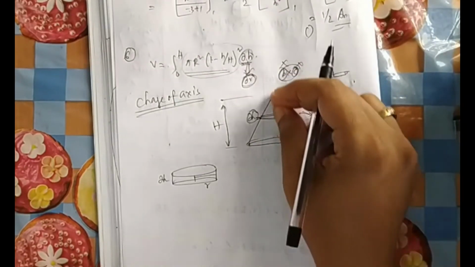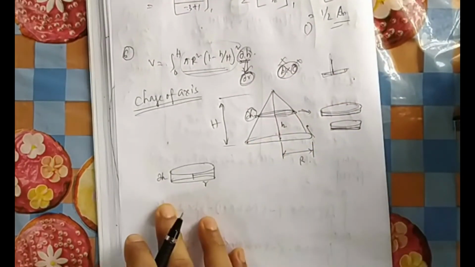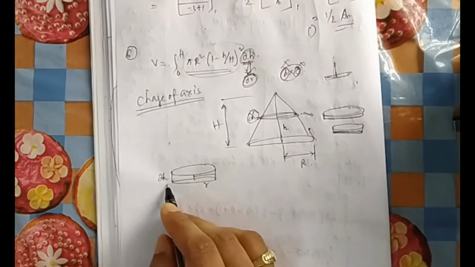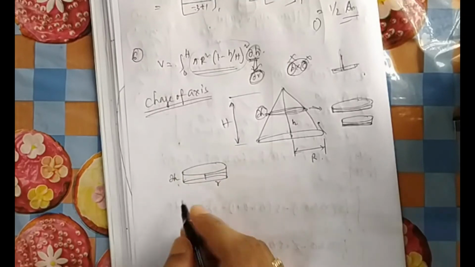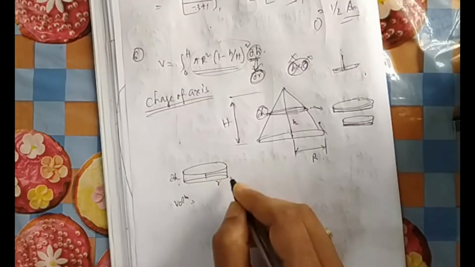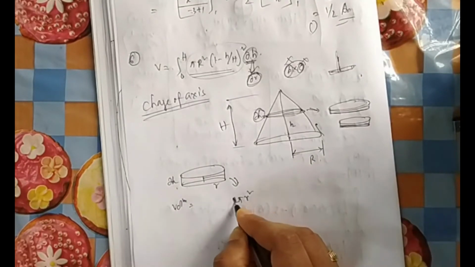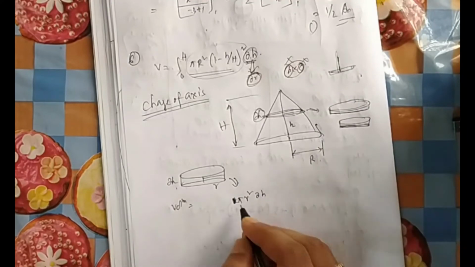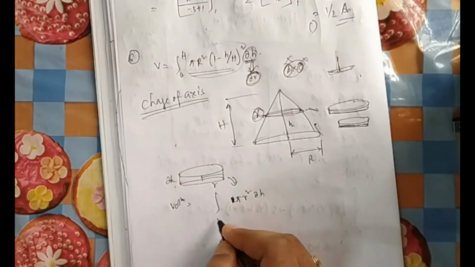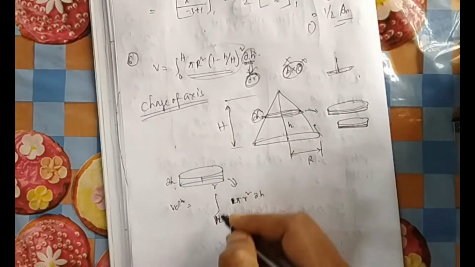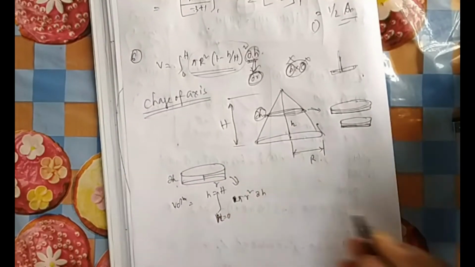Let's first understand what they have given. So this is given from 0 to h, you want to move it. This is your height. So what is the formula for volume? If I want to find the volume of this tiny piece, it is pi r square h. Done. So now you have to integrate it from small h equal to 0, small h is the variable, to small h equal to capital H.